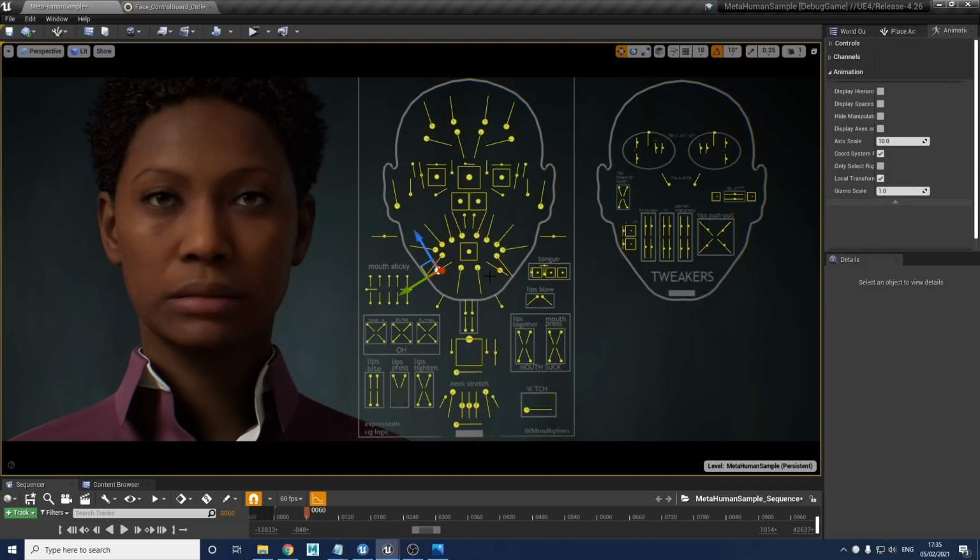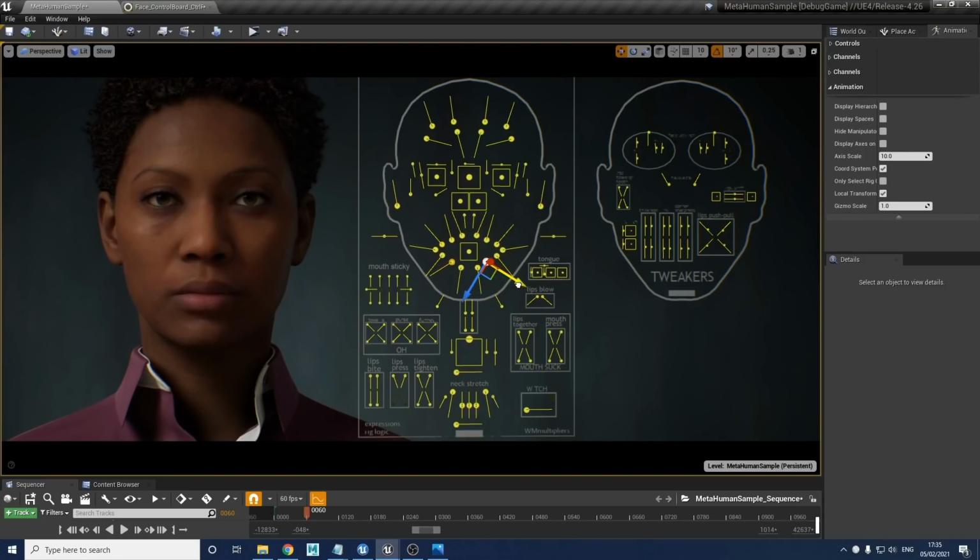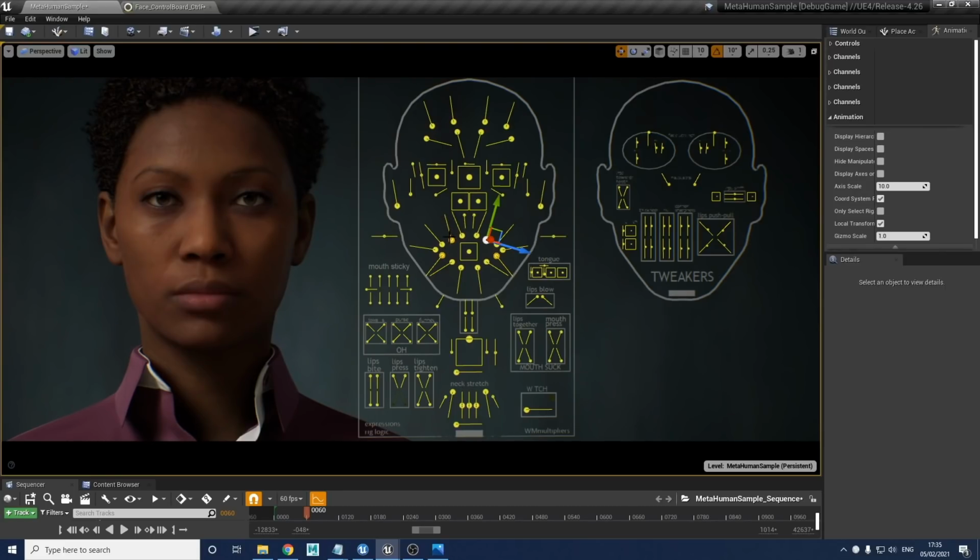The ones that I would say avoid using are sharp corner pull and corner depress. So these four. So the sharp corner pull, by the angle of the line, we're going up the face, which is very vertical up movement, and these are going to pull the corners down. These are quite conflicting controls. So these aren't really designed, and the face doesn't really work in that way where these two would be coming on in high values. It's always expected that there will be some crossover during speech, because we don't always just turn one muscle off and then turn the next one on.